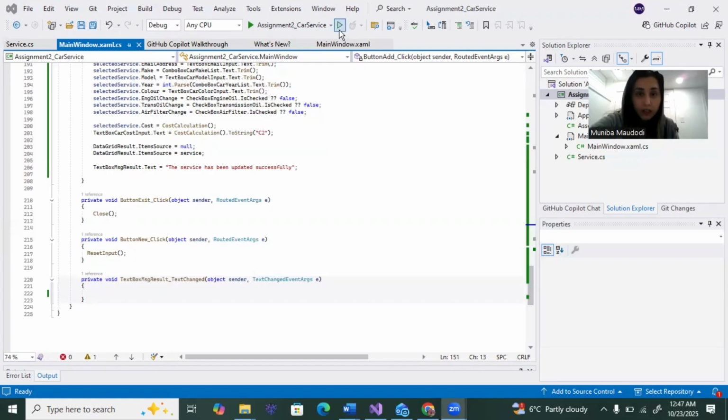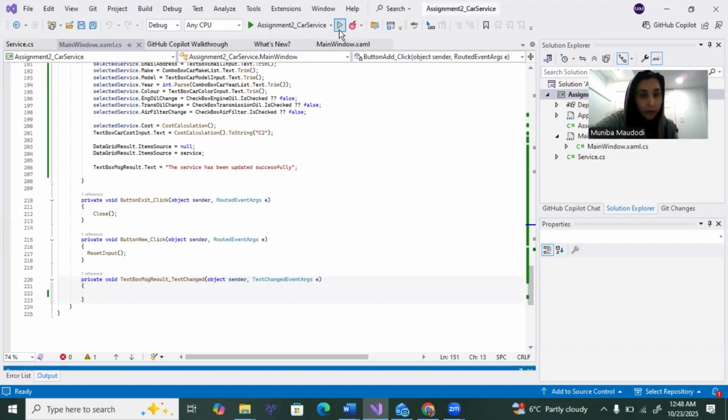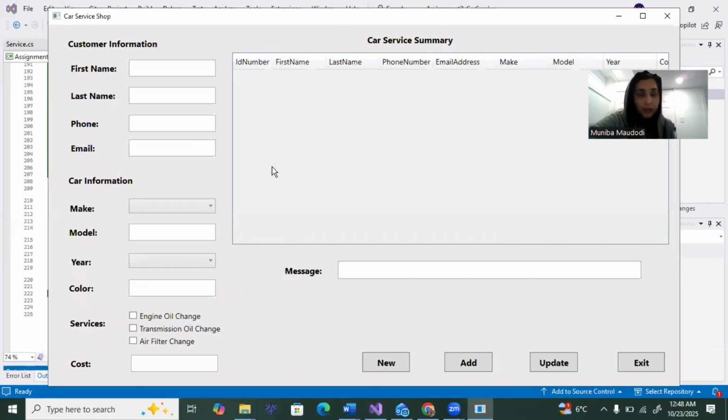And for the testing, let's go one by one to show that my program is working correctly. For the validation message, I want to check the first name here. Before entering anything inside the first name text box, I want to click add to see if the message appears or not. Yes, it is appearing and it says that I cannot leave this field empty and I have to provide something. So let's say Sarah